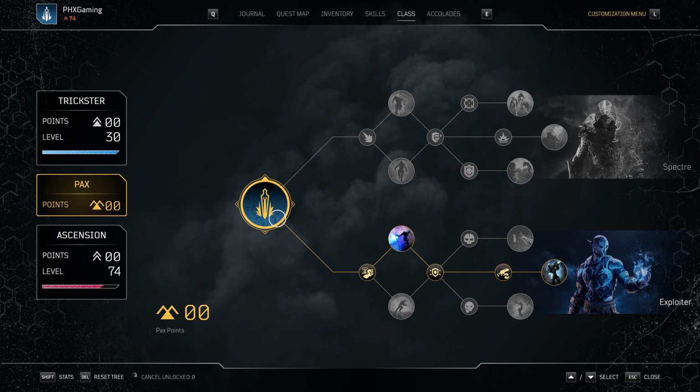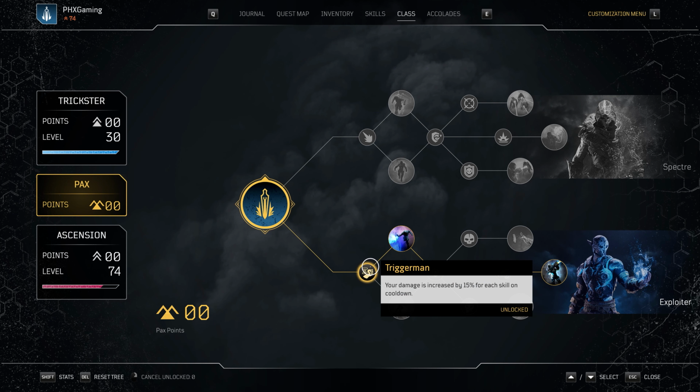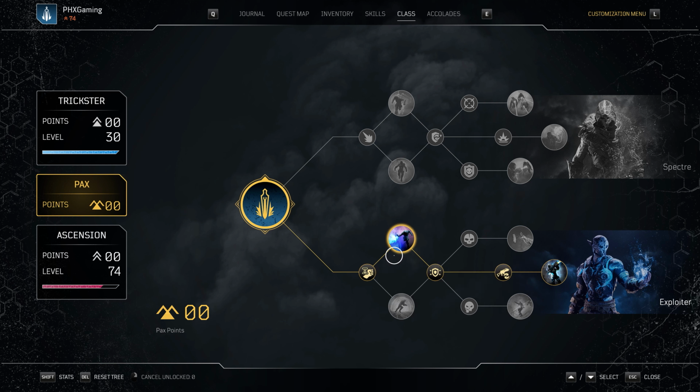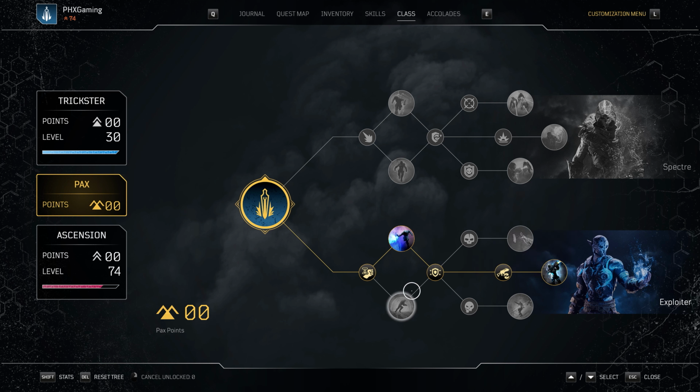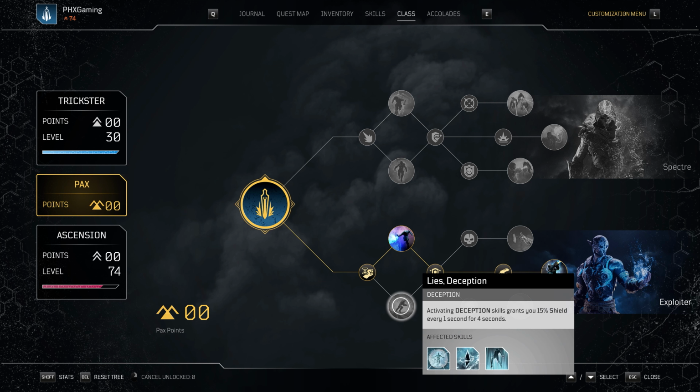Running into the PAX tree, for the PAX tree, we are doing bottom tier PAX tree. Triggerman, your damage is increased by 15% for each skill on cooldown. We go into Cheap Shot, your class melee skill lowers enemies' damage, armor, and resistance by 30% for 5 seconds. You could do Lies of Deception. Activating deception skills grants you 50% shield every 1 second for 4 seconds,